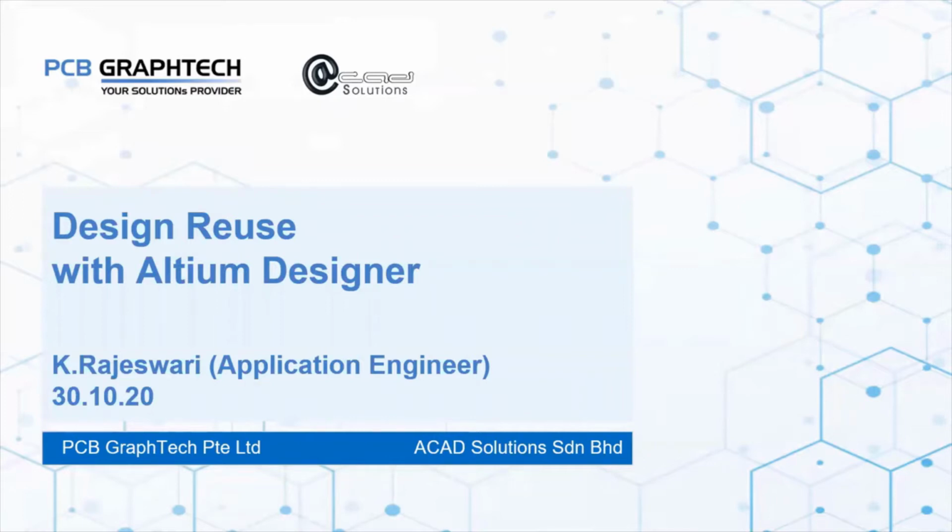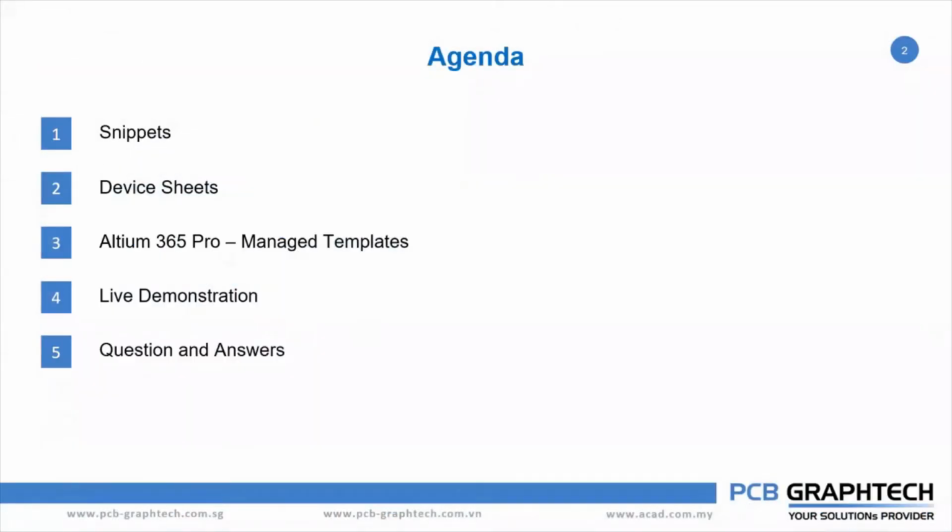Now we are going to see the agenda. The first topic will be snippets. Snippets is a central point for saving, reusing and managing your designs. It saves and reuses both your schematic design as well as your PCB design. The second topic will be device sheet. A device sheet is also a managed sheet used for reusable design, but for your whole schematic sheet. It's not a portion, it's a full schematic sheet that can be saved and used as a reusable design, as a read-only or editable file.